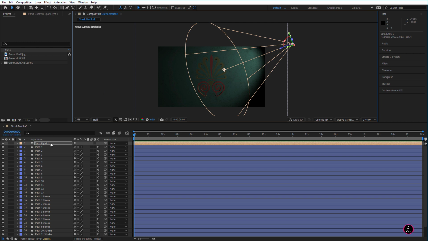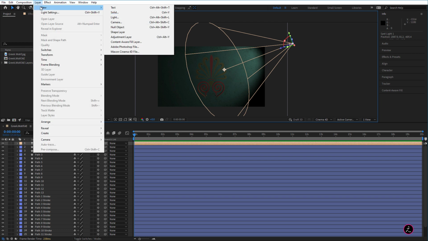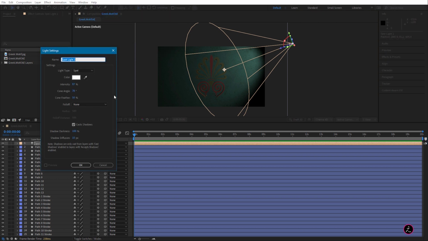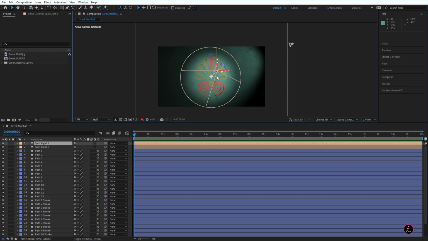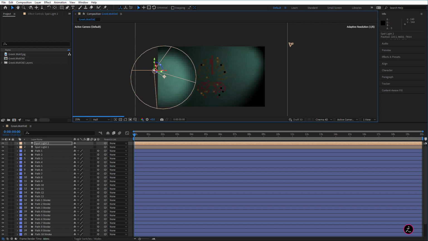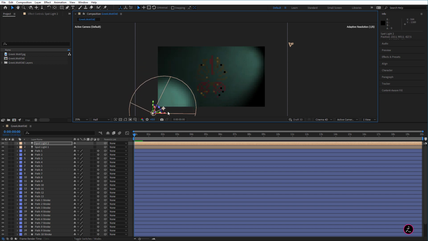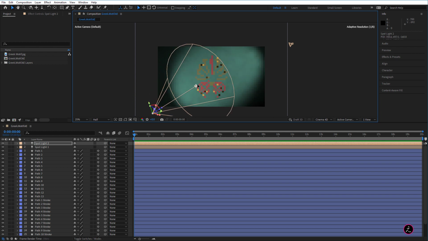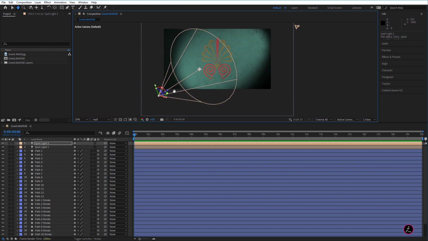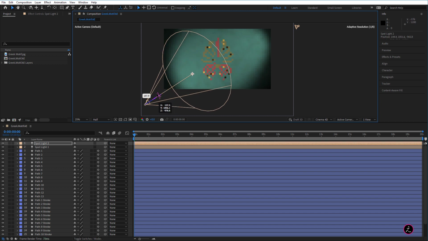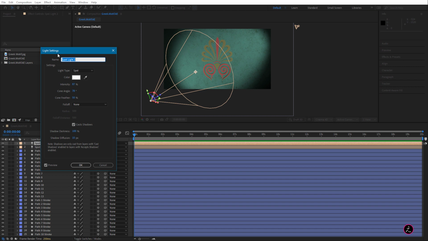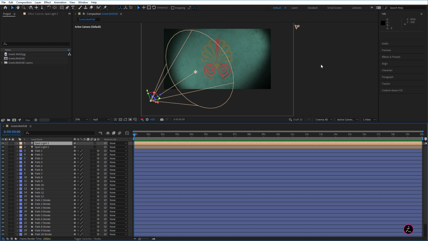Let's go ahead and add another spotlight. So back on the layer menu, new light, that's the second spotlight. I will leave everything as is. Make sure the cast shadow is on and click OK. Here's the second spotlight. In this case, I want the spotlight to beam from the bottom left here. So I'm going to move this on the X, on the Y, take the point of interest and point it right here. And I can bring this out on the Z. And again, I can go back to the light settings here and then perhaps change the angle and so on. All right. So again, as I mentioned, this is not final.